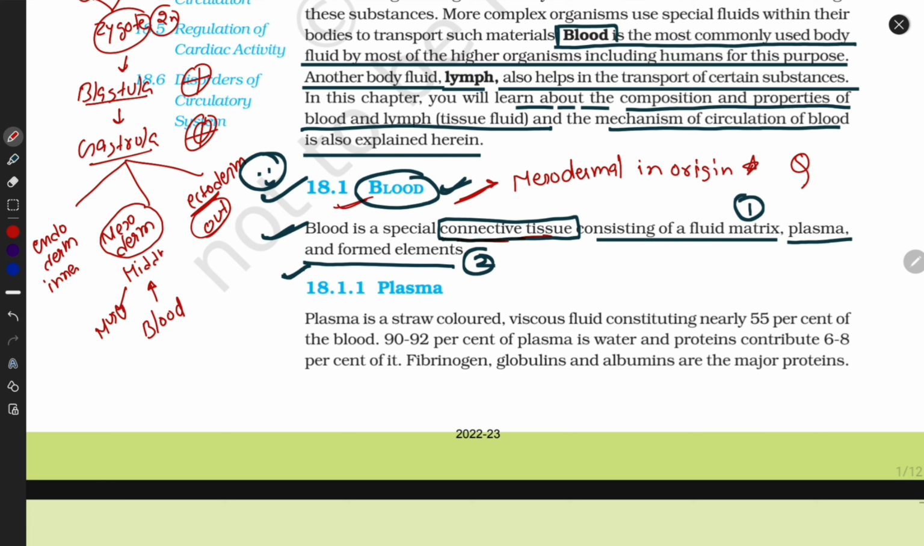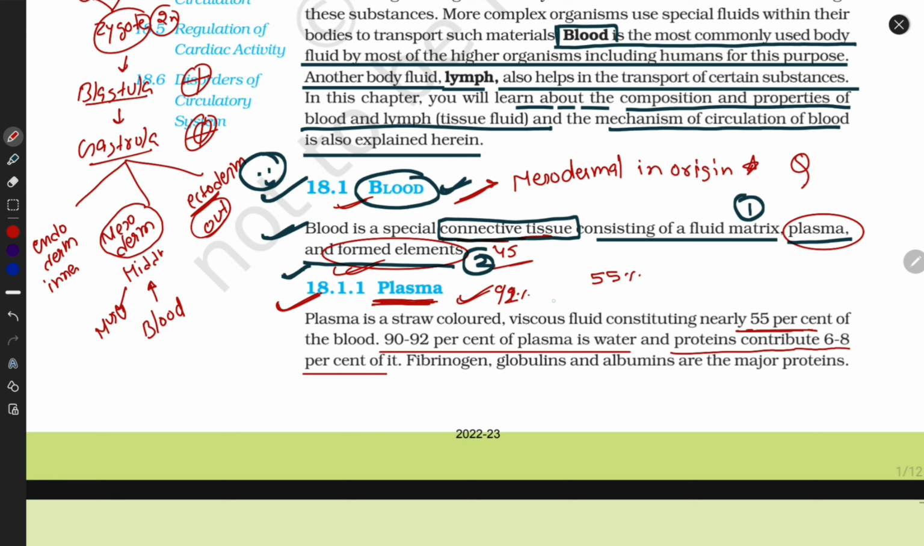Now, blood is made up of two parts. Plasma first, and second is some formed elements. Let's start with plasma. Why do we study plasma first? Because 55% of blood is made up of plasma, and 45% is formed elements. 90 to 92% of plasma is water, and protein contributes 6 to 8% of it. It means plasma has 92% water and the remaining part is proteins, like fibrinogen, globulin,